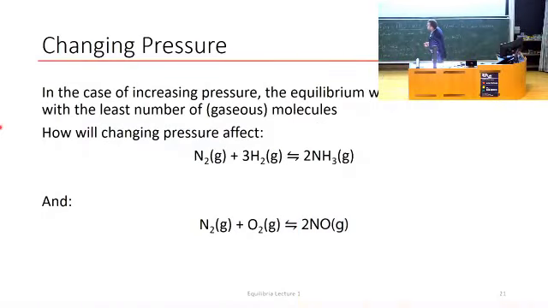Okay, changing pressure. So I'm sure you know from school that the system will restore to the least number of gas molecules. If we increase the pressure, we will have, so if we have a system where we have